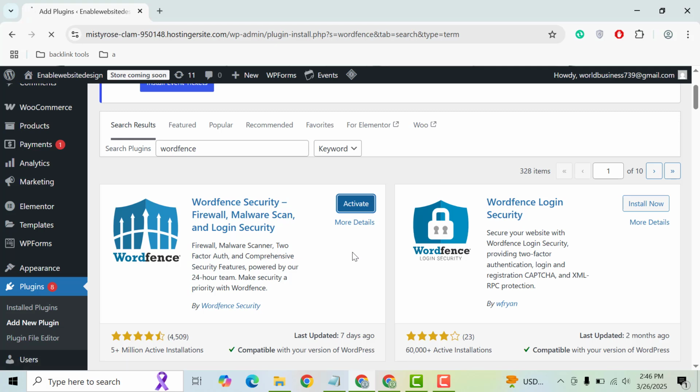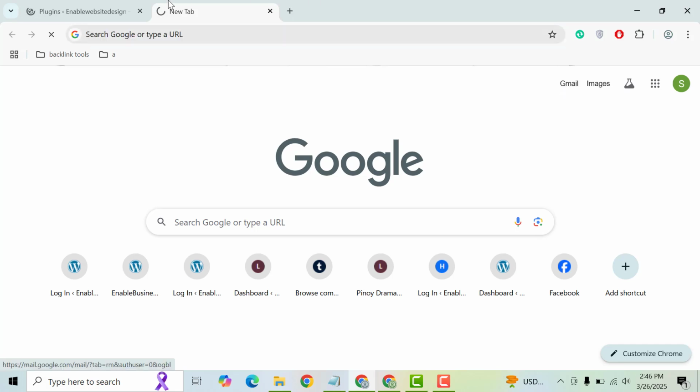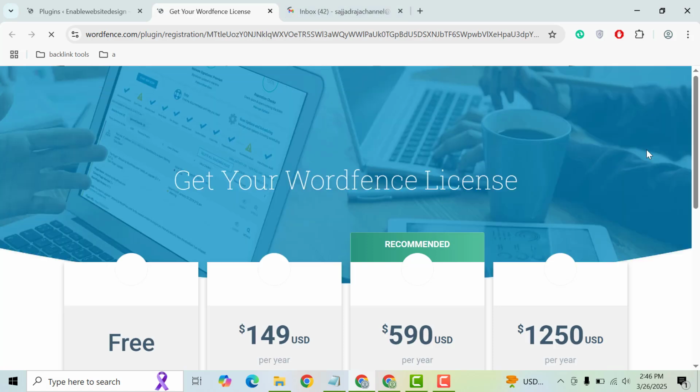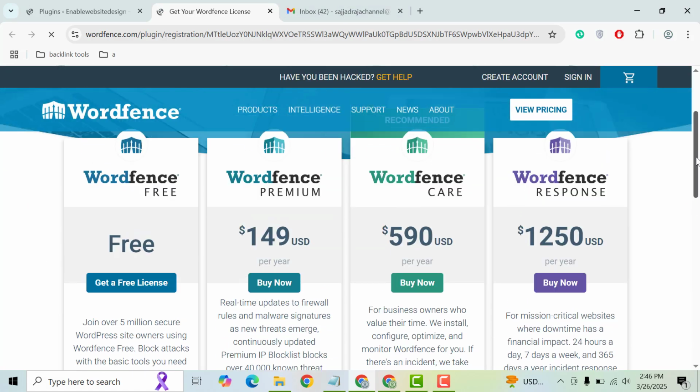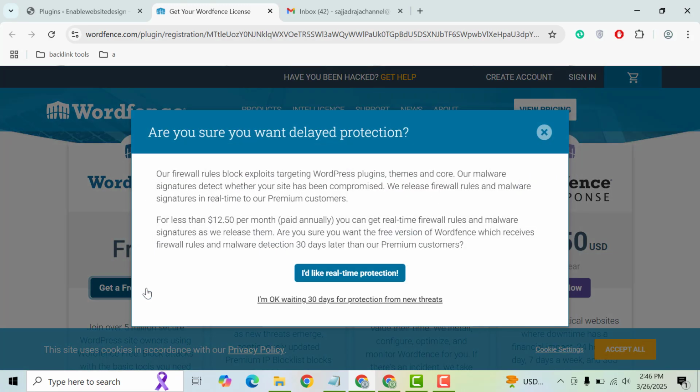This plugin comes with a free version and a pro version. So if you have a large business website, then you can upgrade and get the pro version, but for a startup you can use the free version. Then you can go and click here, go to Wordfence license, and now here you can see these are the packages. So now we just want to use the free package,